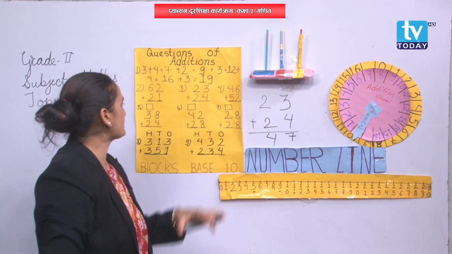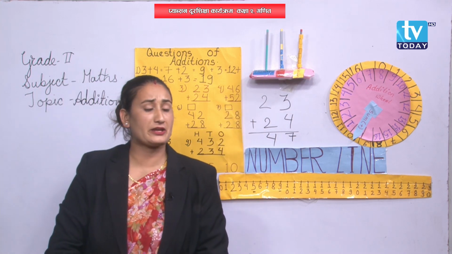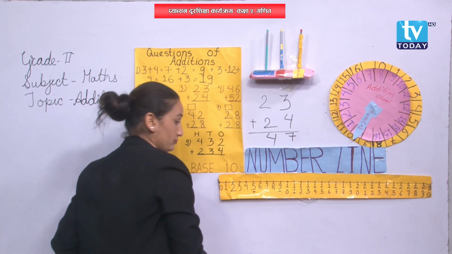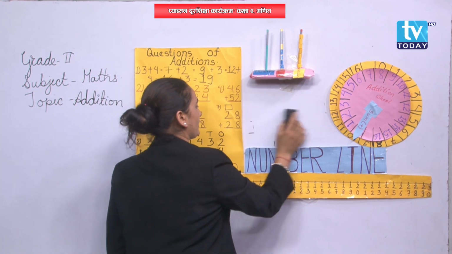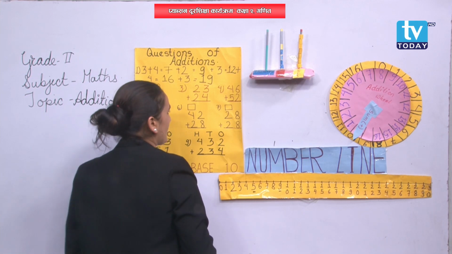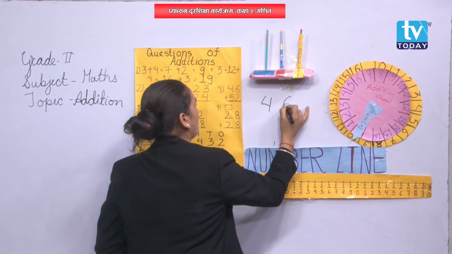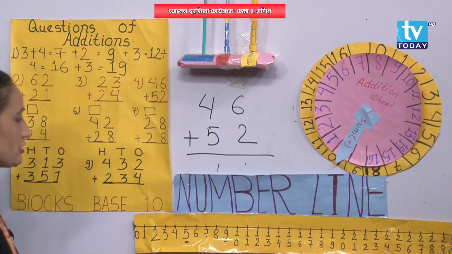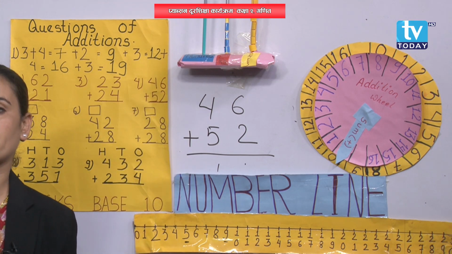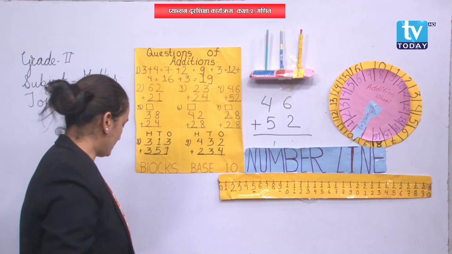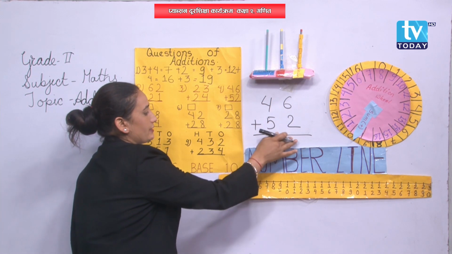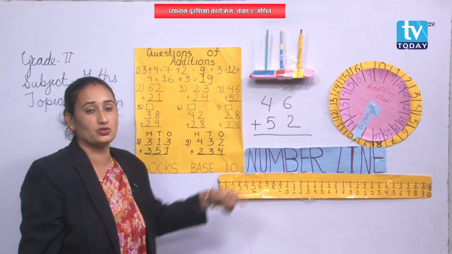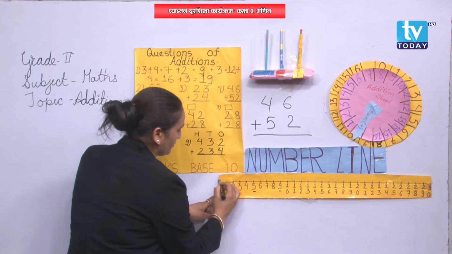So, one question is left for you. Can you solve the question by yourself? Please keep on practicing the same way at your home. Okay, go on practicing the same thing. Okay, I will show you 46 and 52 from here. Now from the number line, I will keep it as it is for your review. So in 46 and 52, let's do it from the number line. 6 plus 2. What will be the answer?